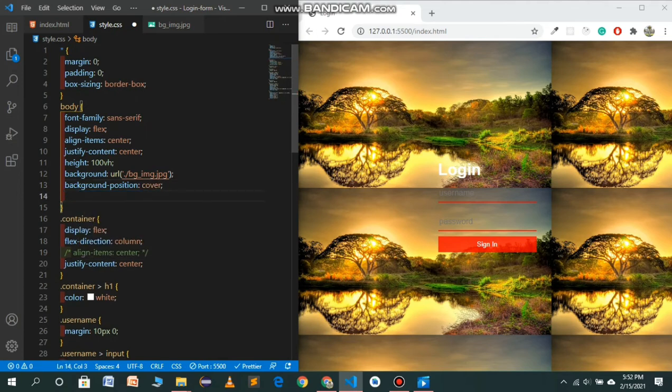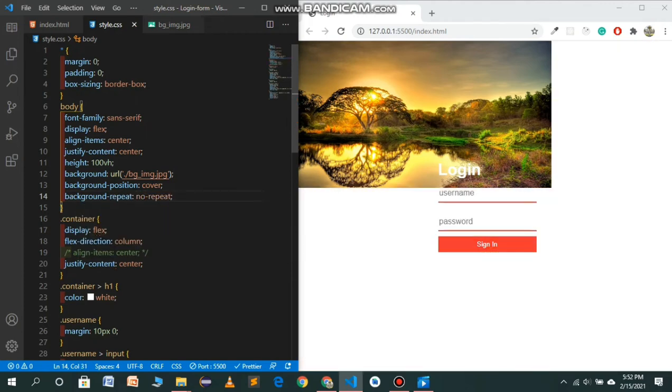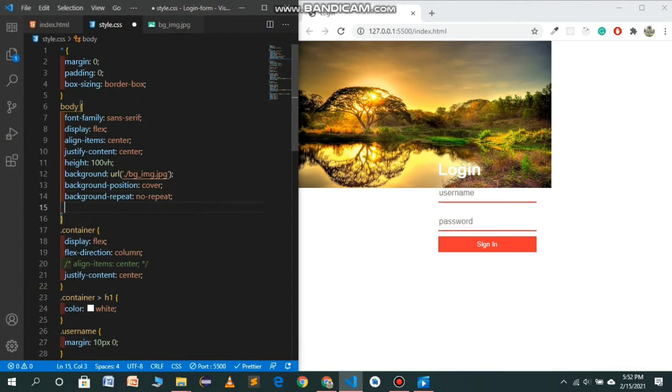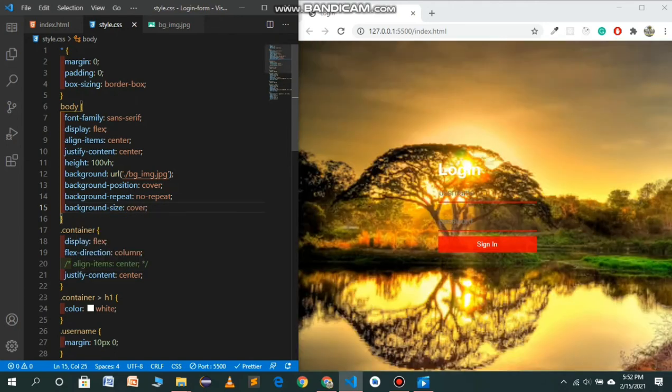Background repeat will be no repeat, and background size will be cover, so it will fill our screen. It's looking nice. As you see, there is a difficulty of reading this text.